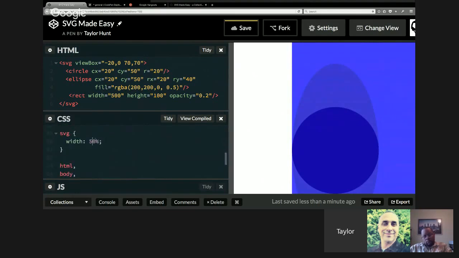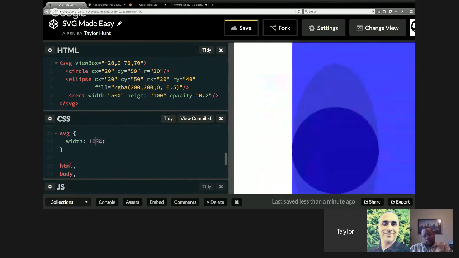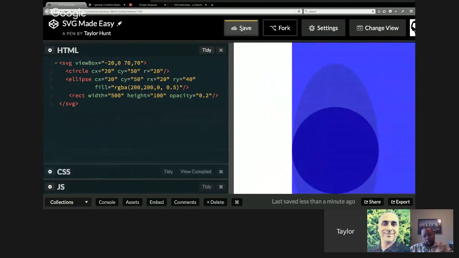let's make it half as wide as the screen. There you go. Freaking awesome. So that's how you make SVG responsive. Basically, you have to add a viewbox. Well, that's not